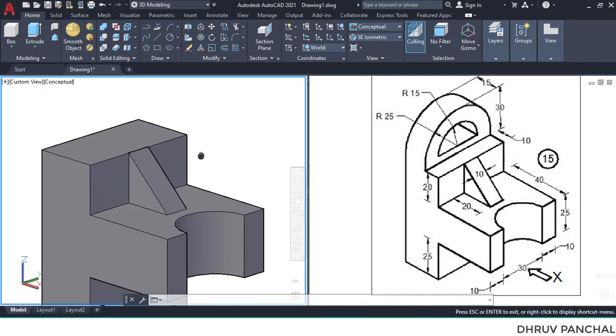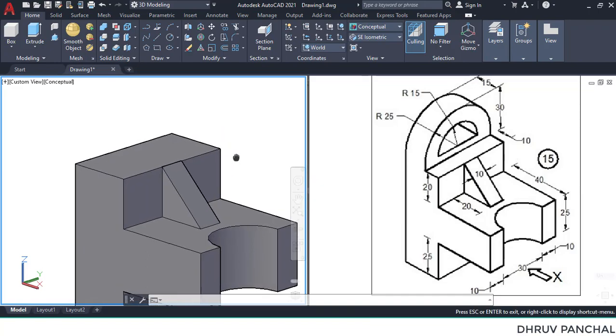Okay, now as you can see, the total height is 30 millimeters and the radius of this circle is 25. So remaining gap will be 5 millimeters. So let us use rectangle command. For that, before that, we have to change the coordinate.